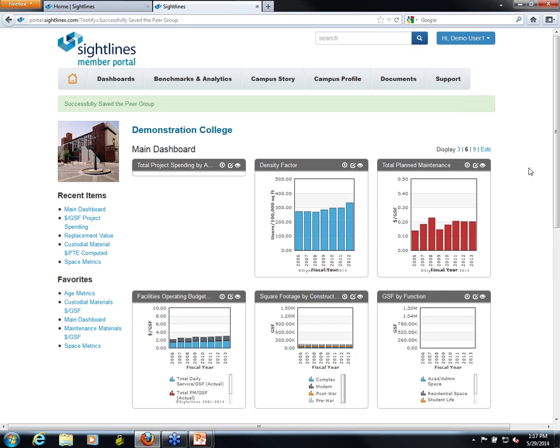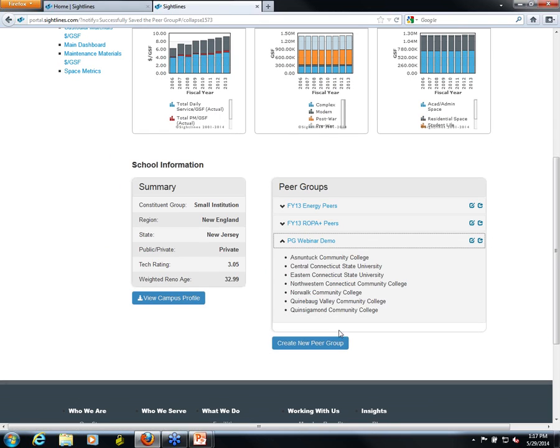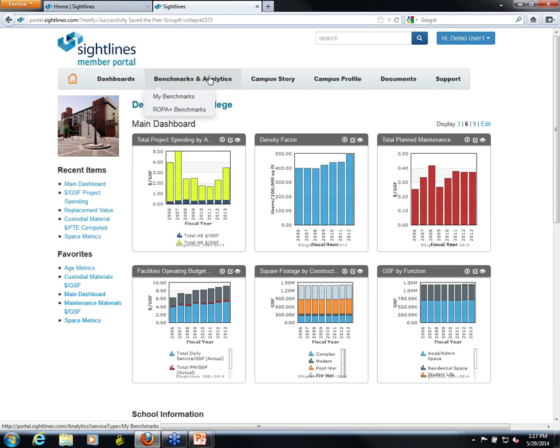And once you save, you'll be taken back to your home page, and you'll notice that the new peer group we just created is listed here on your home page, and we can go ahead and benchmark against them as well. Moving on to the benchmarks and analytics page, this is probably where you'll see some of the biggest change